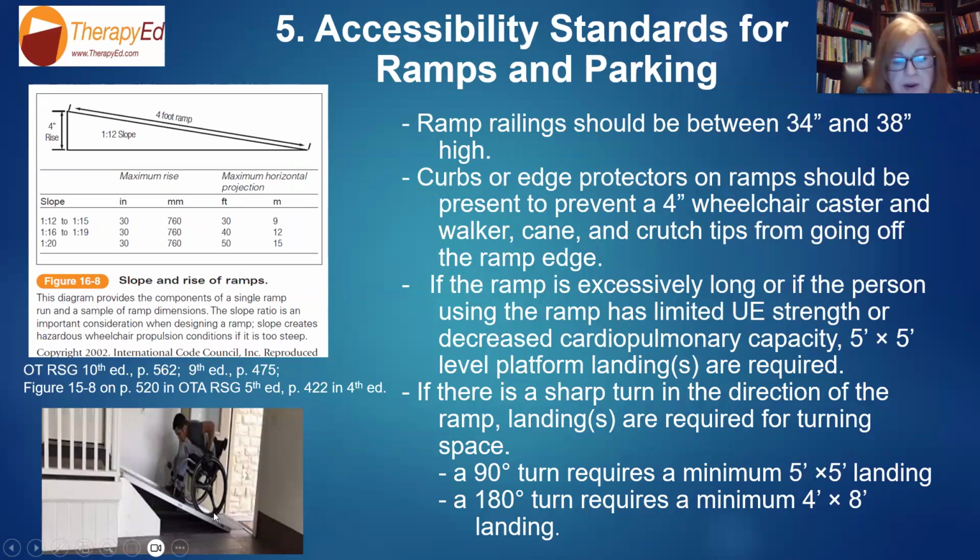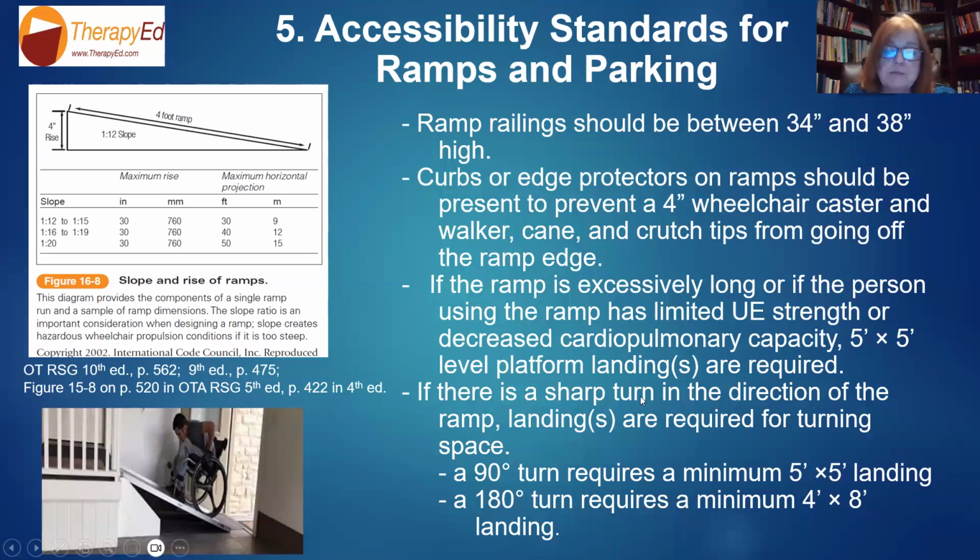So see, this ramp is a terrible ramp, clearly, because it's way too steep. It should be a 1 to 12 slope, okay? But it does have a good picture of the lip. It's way too steep, but there is the lip there.